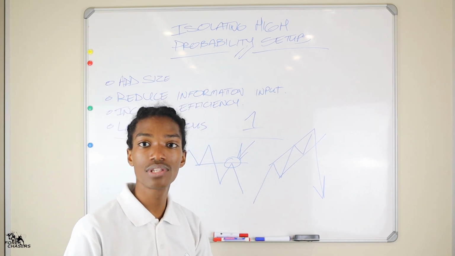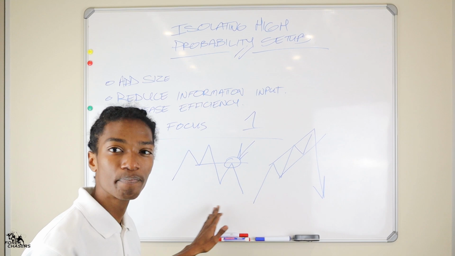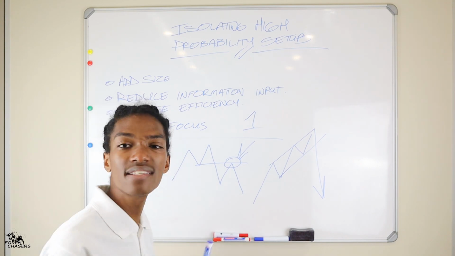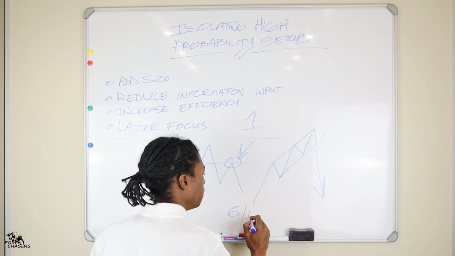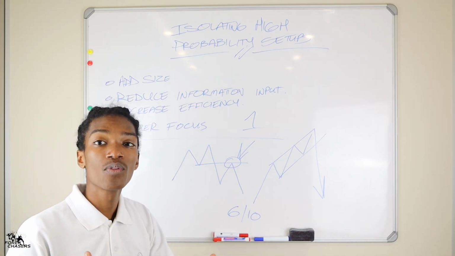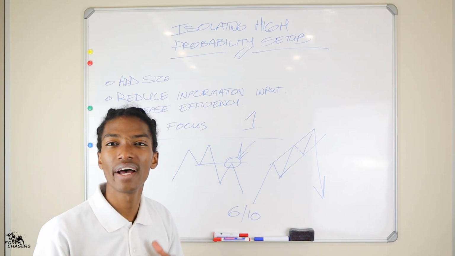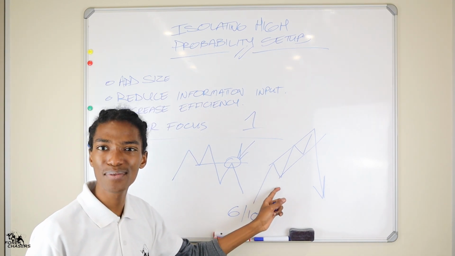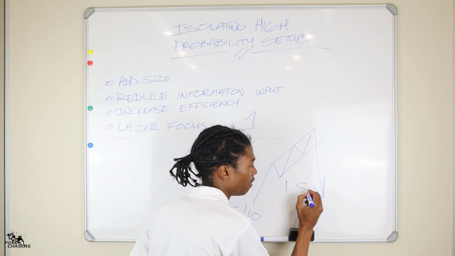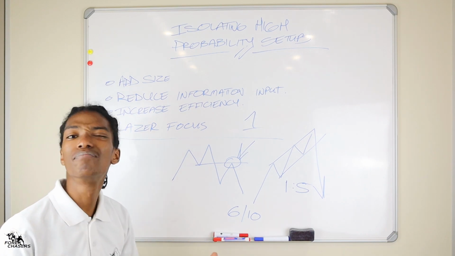Obviously, using our backtest results and all of those other things, we'll find out that one of these setups, or let's just say they give us the exact same win rate of maybe 6 out of 10. So they both give us a 6 out of 10 win rate. Now, obviously, to isolate these setups, we can use other information. Maybe we'll find out that this kind of a setup here gives us a better risk to reward. Maybe when we take these setups, we get more 1:4, 1:5. So we'll say that on average, maybe we get a 1:5 risk to reward ratio on this ascending structure. And maybe on this double top structure, we only on average get